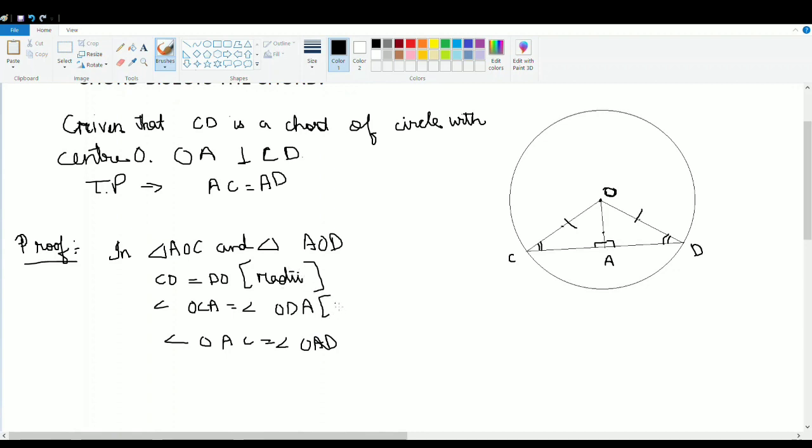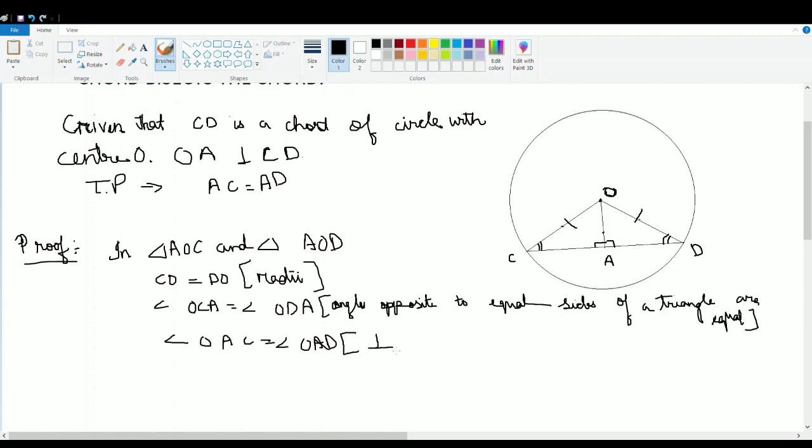This is because angles opposite to the equal sides of the triangle are equal, right? Here, because of the perpendicular, we can say the triangle